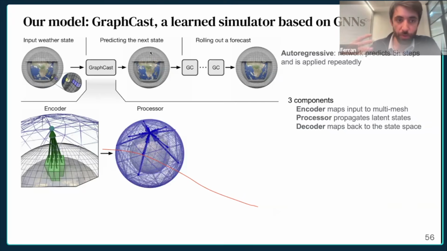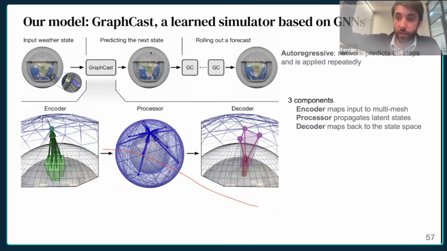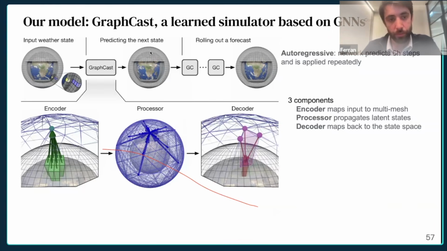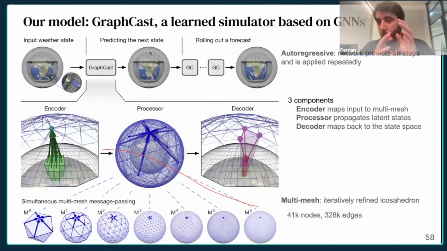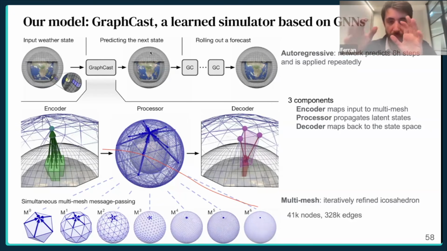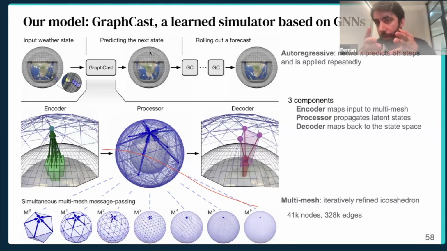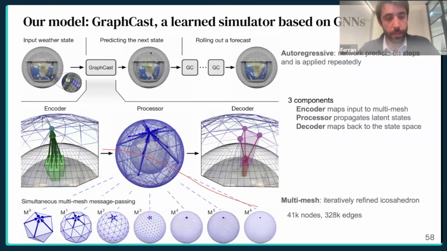The second one is this processor, where we propagate the latent states, as I was showing before, over a very particular mesh, and then we decode the information from this mesh, and we make final predictions on every place on Earth. The graph over which we make message passing is a multi-resolution mesh. So we have very few edges that go very far, and many edges that move very locally. The intuition here is that the weather today in London may be affected mostly by the weather in the UK, and not so much by the weather long range.